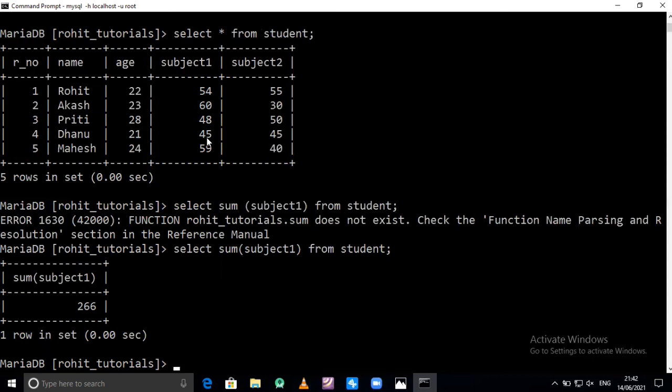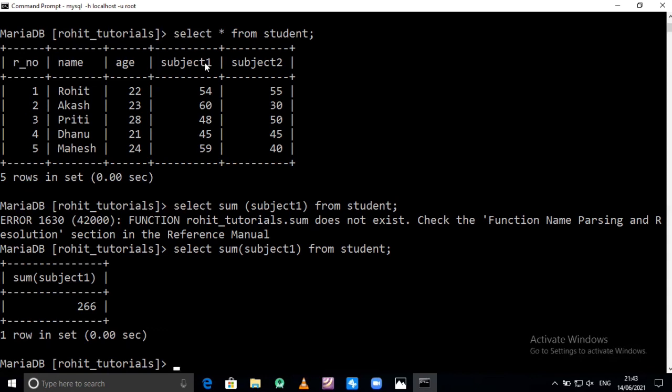Now move towards our last function, average. Now I want to apply the average function to the attribute subject1. It will retrieve the average of all the values available in subject1.